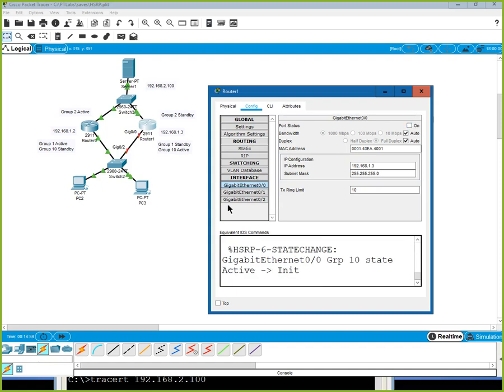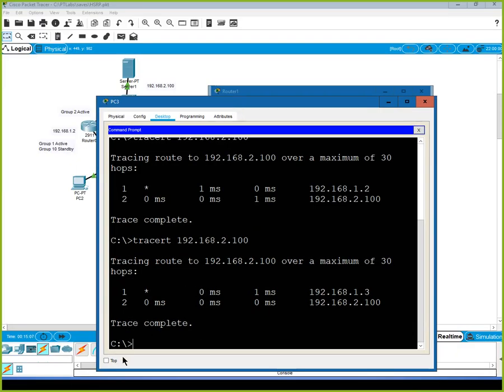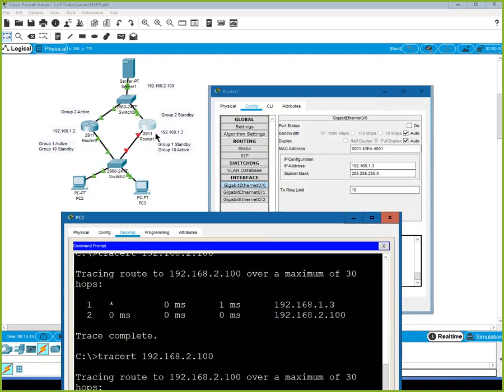I'm going to do a quick and dirty shutdown on this thing. I can still keep going, but I'm now going to go through this other interface over here. So let's try the trace route again. So now it goes to 2.1. So when this interface went down, redundancy, first hop, my default gateway,